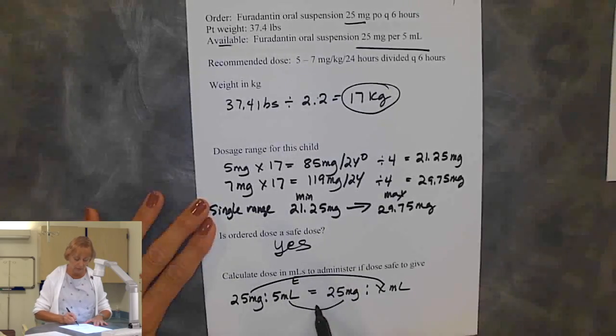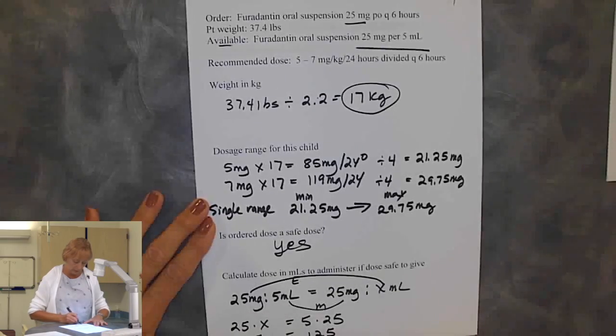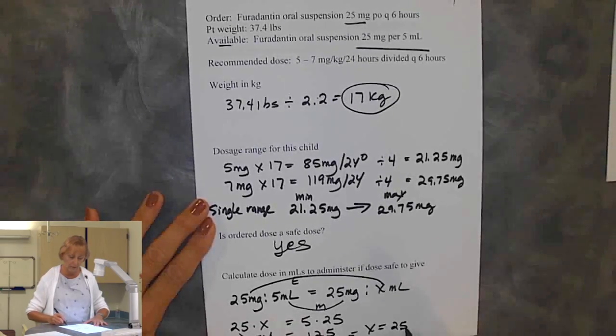This is your extremes, this is your means. So 25 times X is equal to 5 times 25. So 25x is equal to 125. To reduce that, you divide this by 25, this by 25. You cancel out. X is equal to 5